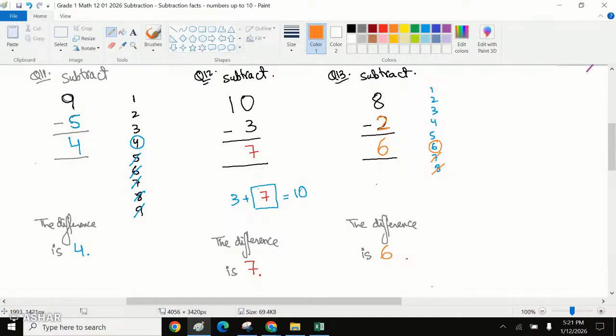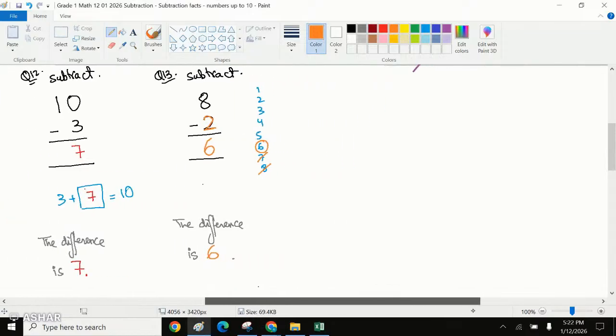What we understand is the word difference means the gap. What is the gap between 8 and 2? It's 6 numbers in the middle, right? So the difference will tell us the gap between two numbers. Okay? Moving ahead to the next question. The next question says